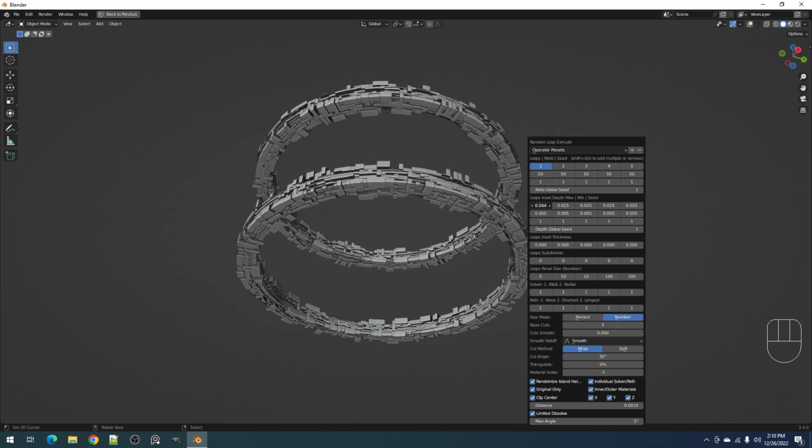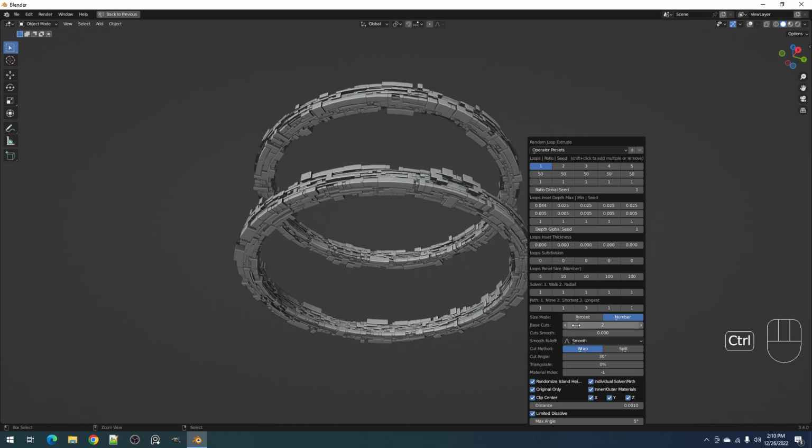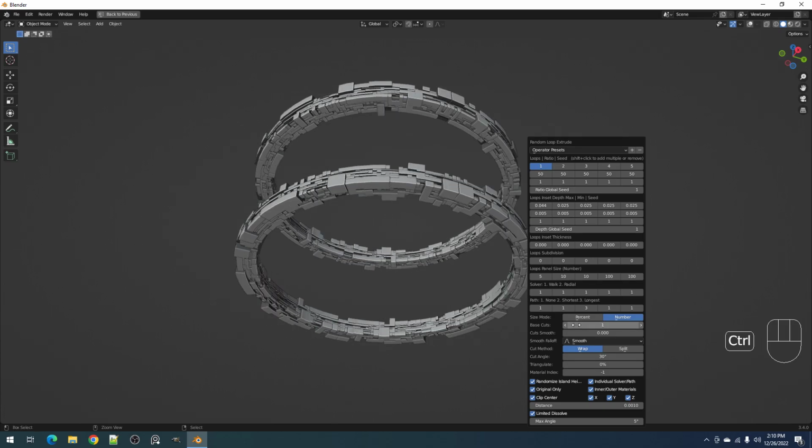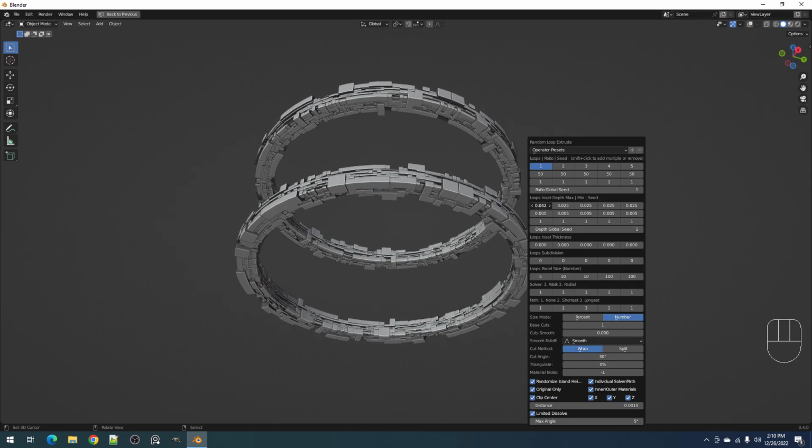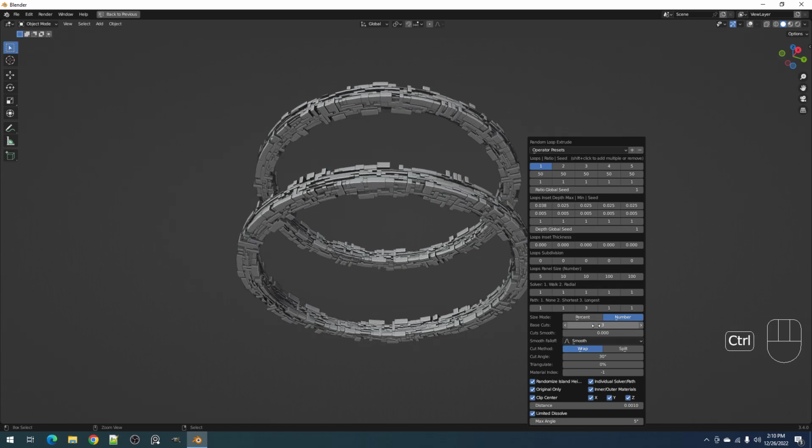So if you want to play around with the other numerical values faster, you can just reduce the subdivision and then just adjust the values. And then once you have the necessary values in mind, then you can up the subdivision again and play with